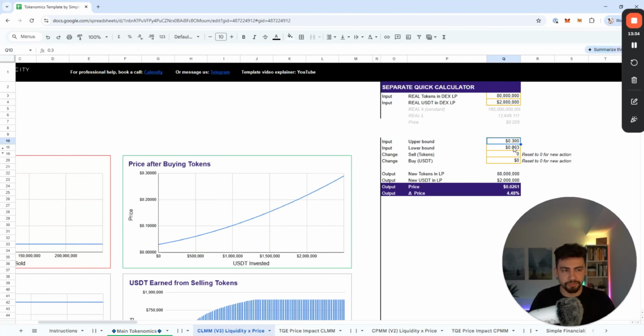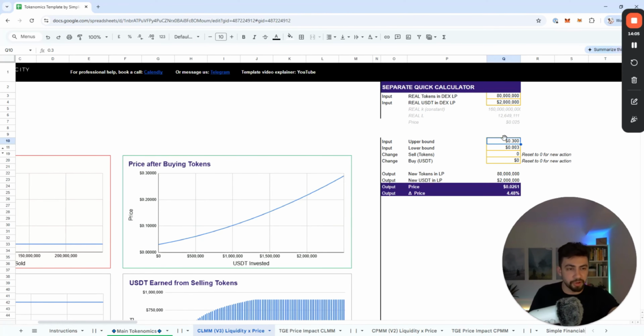If you play around with the upper and minimum bounds, things change. Again, you're doing calculus to calculate the price when it comes to concentrated liquidity. So the price may be a little bit off at the very beginning, but let's say we change the upper bound to 0.4, maybe we change it to 0.5, it changes. The upper and minimum bounds impact the formula. So don't worry about it too much. Again, you're only simulating. In reality, things will be very different. And obviously, as a result,